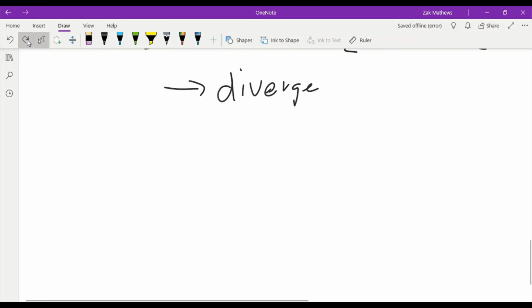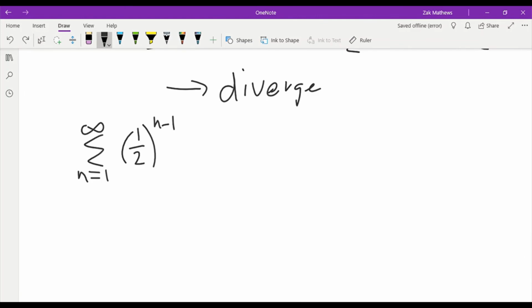This time let's look at something that converges. So let me take the sum from n equals 1 to infinity of 1/2 to the n minus 1 power. So if I were to start to write out what those terms would be in this series, I would have 1/2 to the 0 power, which is 1, and we'd have 1/2 to the first, which is 1/2, 1/2 to the second, which is 1/4, 1/2 to the third, which is 1/8, and it continues